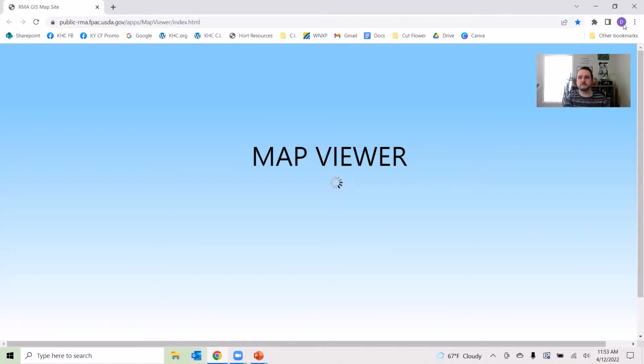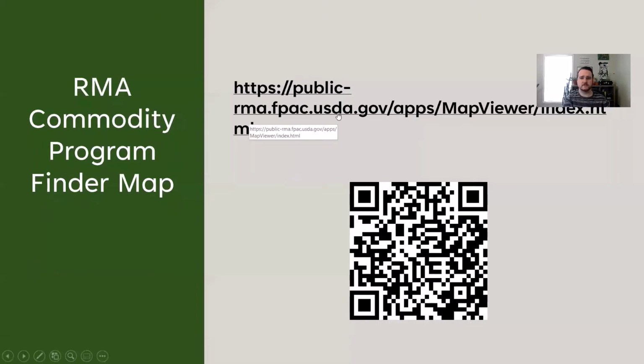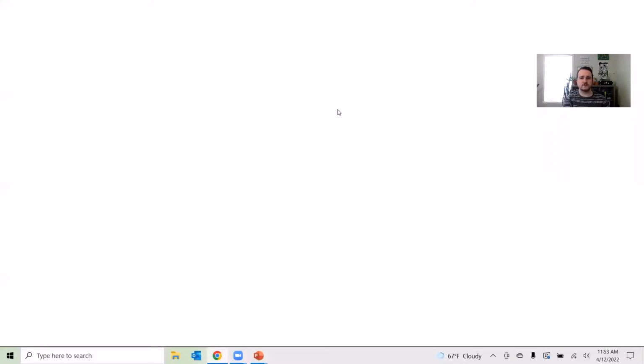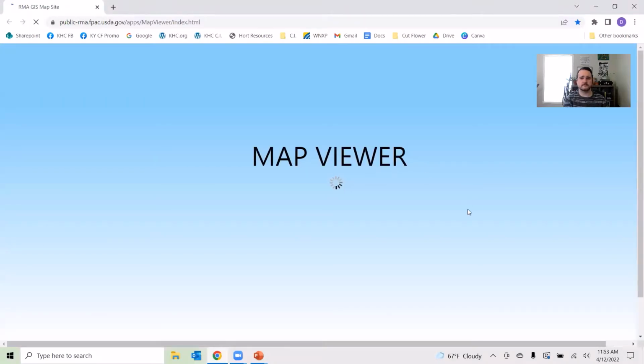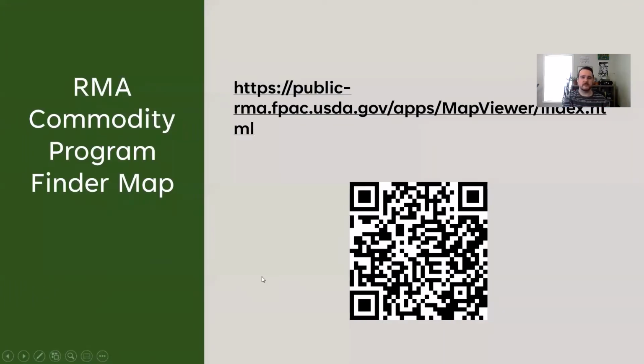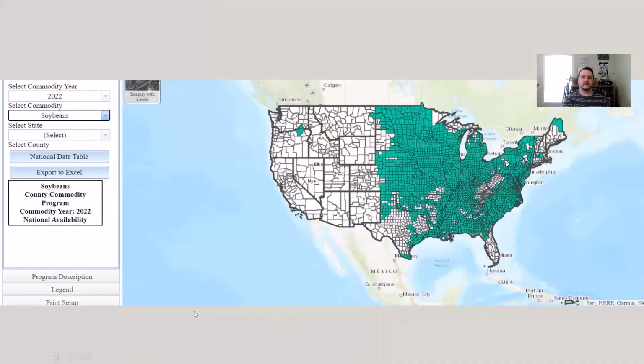This map is taking a little while to load, so I'm going to retry that. Well, it looks like the map is not cooperating, so I do have some screenshots from these